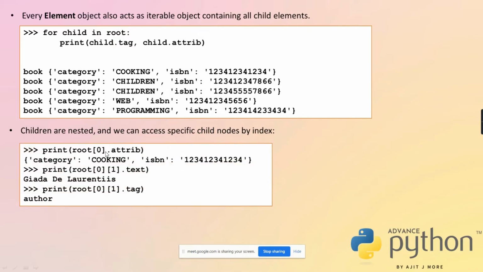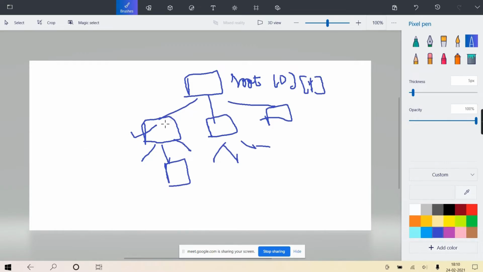See, when I write root of 0 dot attrib, it will give you the dictionary of all the attributes of the 0th child of root, if there are any attributes.